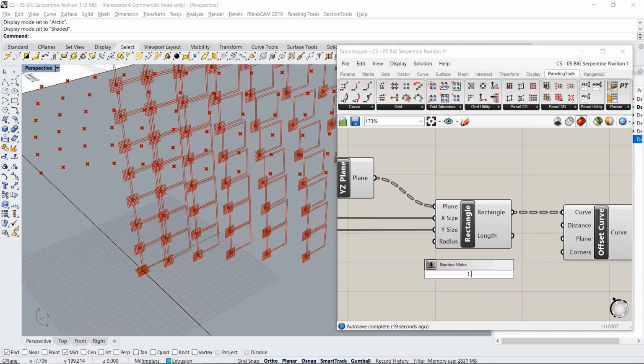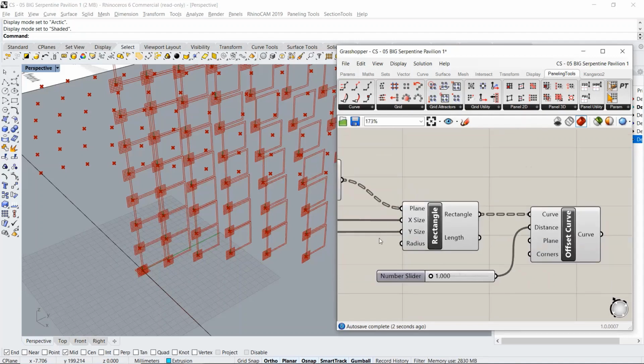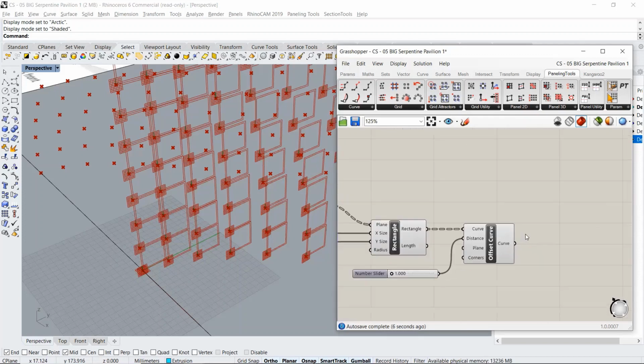So one integer number, maybe I don't want an integer this time. I can do a decimal, right? So 1 to 10. So less than gives me a decimal. So 3 decimal places now. And I'm going to leave it at 1. It looks pretty good as 1, to be honest. And then